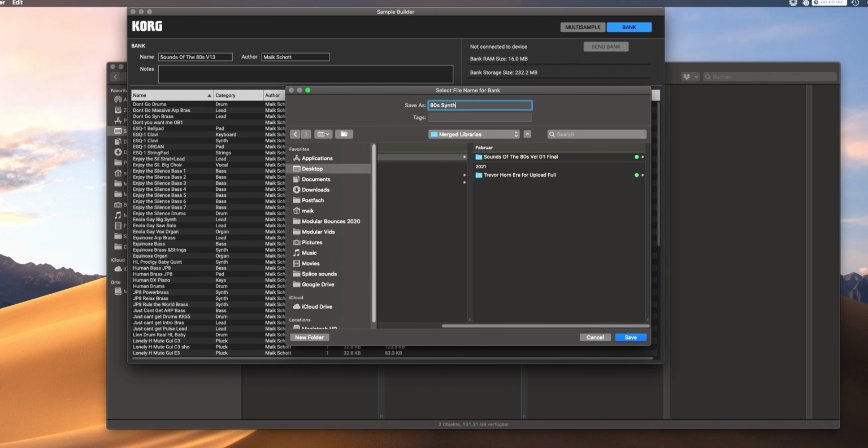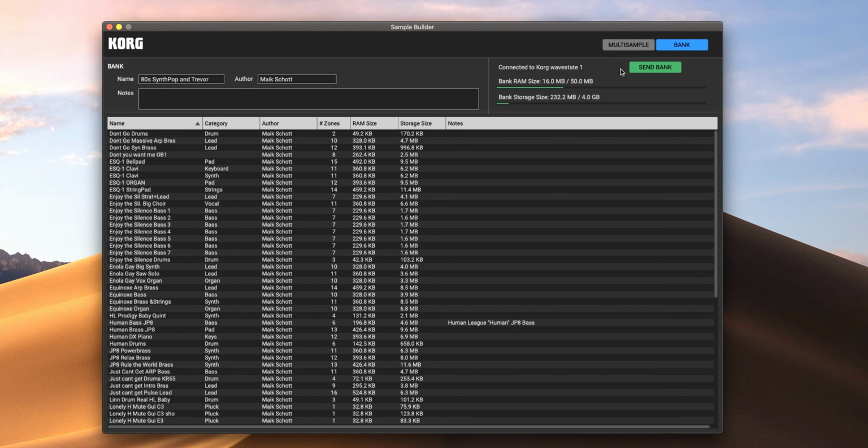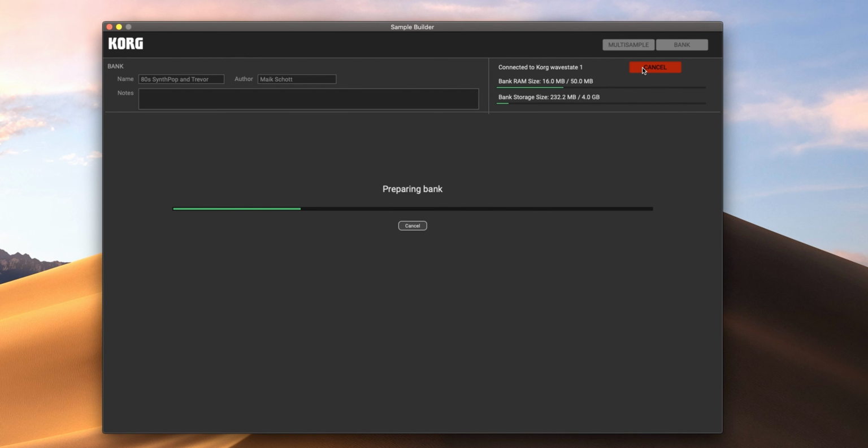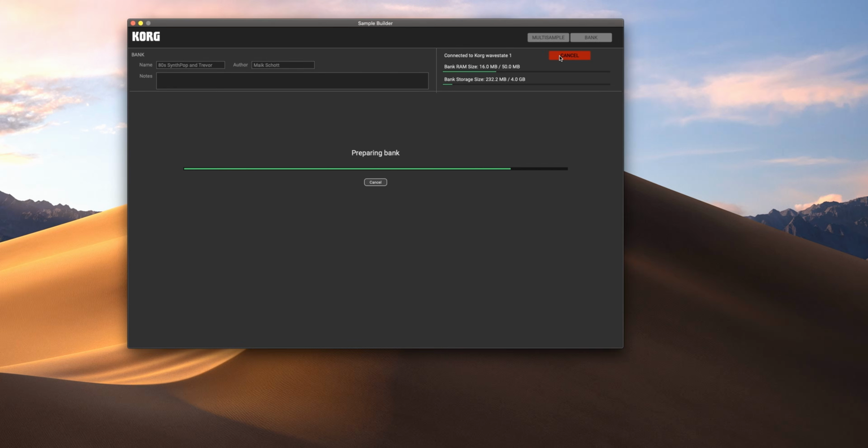And if you want to save this for the VST version, for the plugin, then you just save the bank for plugin. It's the same procedure. All right, let's send the bank to the WaveState. This will take a while because it's a lot of samples and multi-samples.